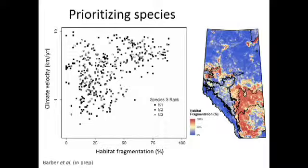Now, if you also consider habitat fragmentation, if the species have to migrate, they have to move through a landscape. So we have to understand land use change as well as climate change and the ability of these species to move to keep up with climate change. In red, these are areas of high habitat loss and fragmentation, the parkland natural region and some of the grassland natural region of Alberta. These are the most fragmented places. And some of those places are also the places that have the highest climate velocities,